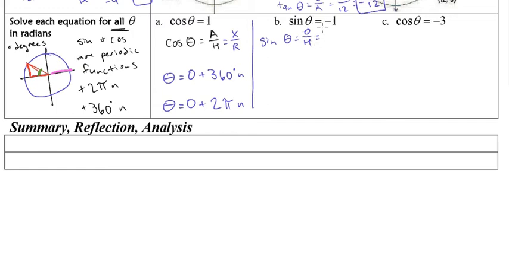So this is the y value divided by the radius of 1. And so up here we get +1. That's not what we're looking for. Back to 0, and then the y value divided by the radius. So the y is -1 and the radius is 1. So here we are. It's when we're at theta equals 270 degrees